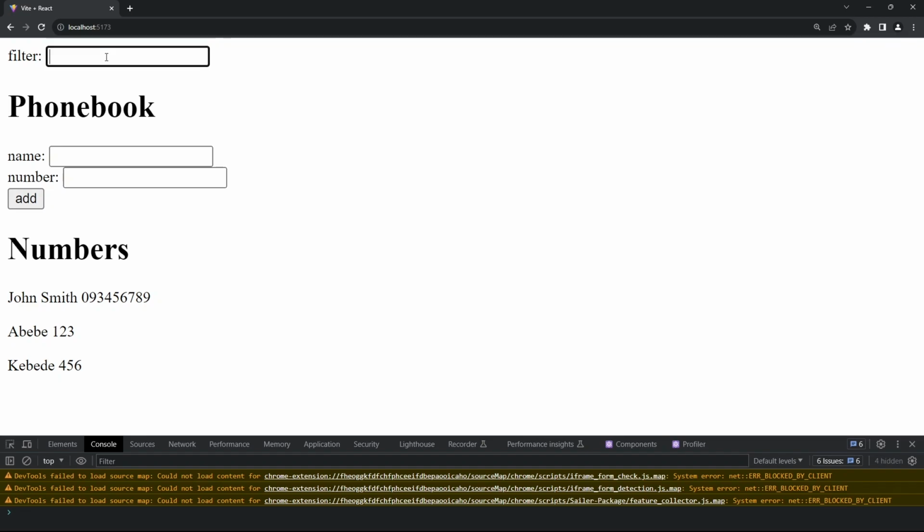And in our filter, if we put in J, as you can see, only John is shown. If we put in A, only Abebe is shown. And if we put in K, only Kabede is shown. So our filter works. Finally, let's add one more functionality that doesn't allow the user to add the same name